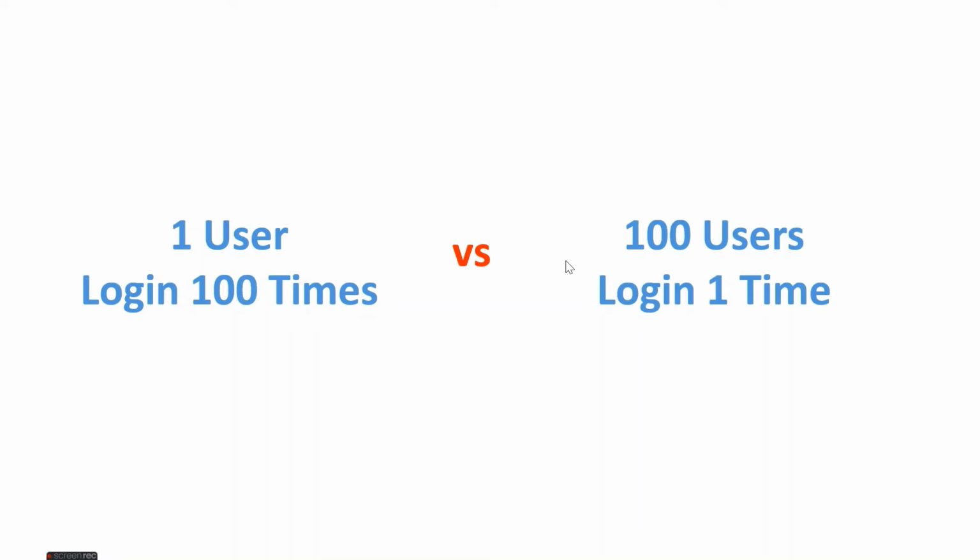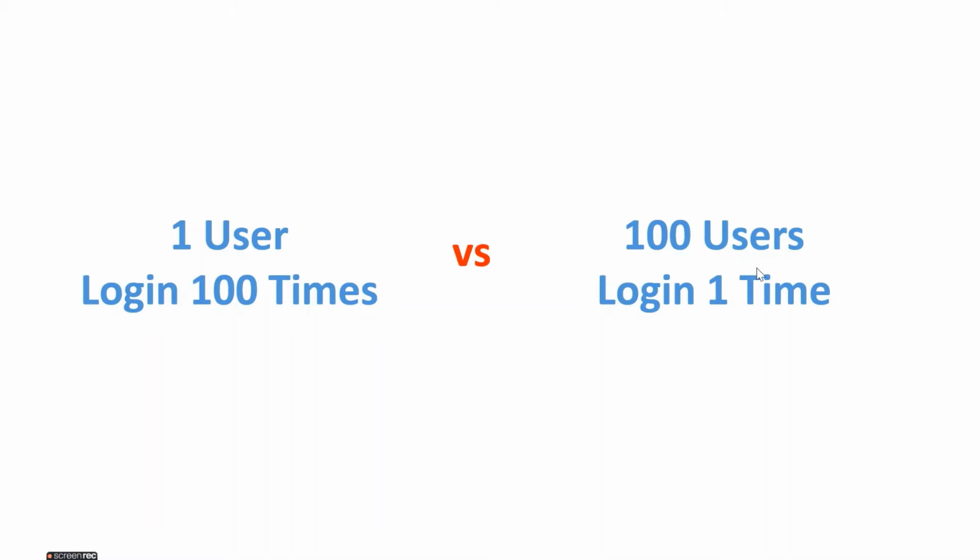But is it exactly the same? The answer is no, right? Because for the case of one user logging in 100 times, maybe the second request, the third request, and so on, will be served from the cache. So the second test case, 100 users login one time, is more realistic. It's closer to the real life scenario. So that's why we need CSV, because we need to contain these credentials in the feed file, in the CSV, and we use this CSV for our performance testing.